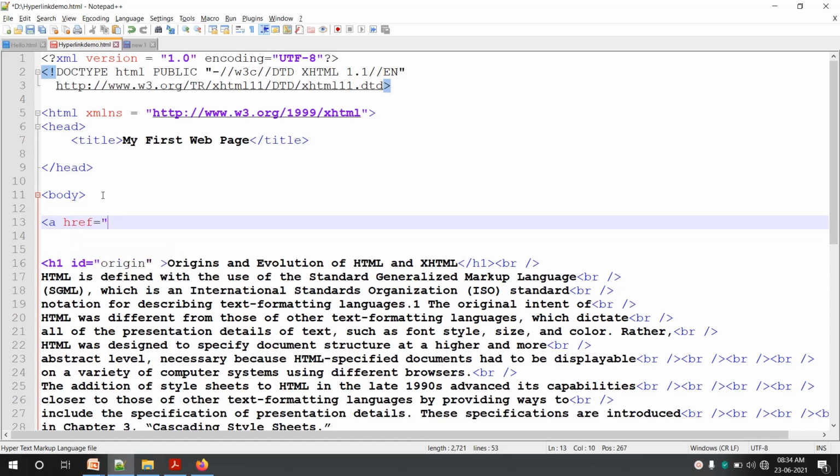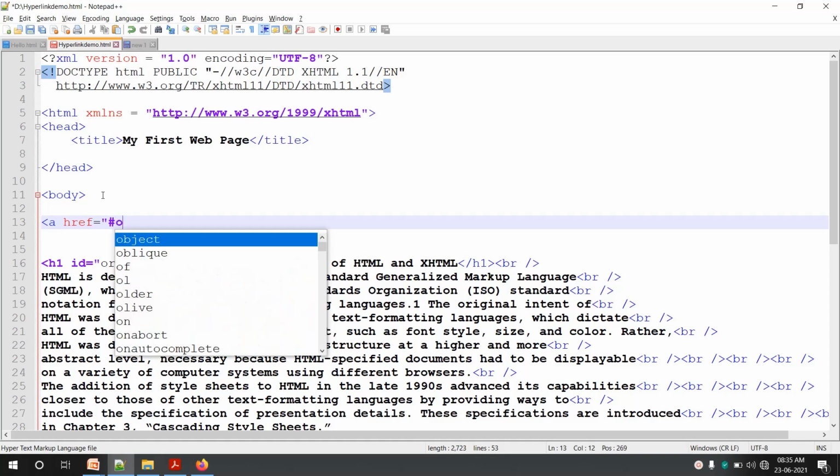Now the hyperlink reference, or the path to a document, here is simply the ID to which you are connecting, because we are not linking to any other web page, we are linking to a part of the same web page. In that case, it should be preceded with a hash symbol. Remember, hash, then the name of your ID, say origin.